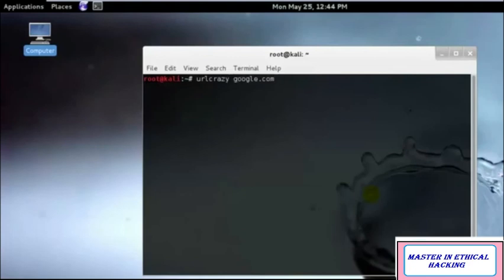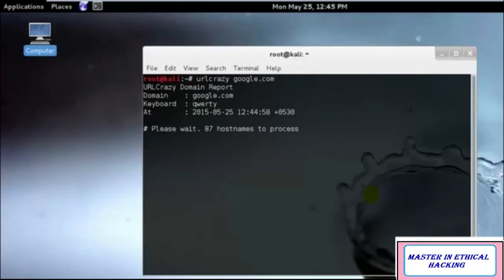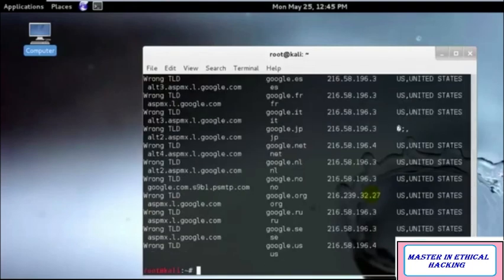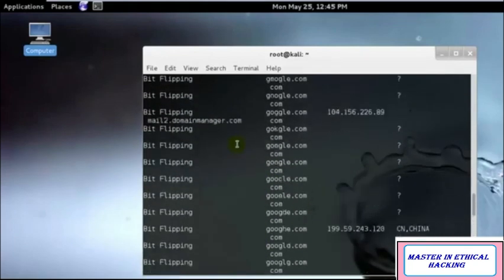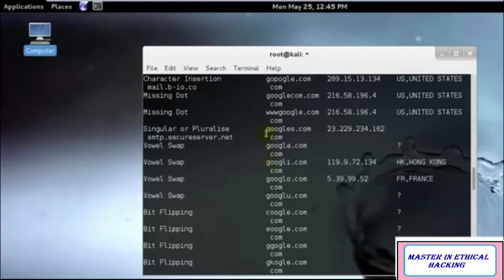If I type urlcrazy space google.com, I will get each and every fake website that will call itself google.com, but it will not be. So let's go ahead and check, for example. Okay, perfect. As you can see, we have n number of websites such as google.com and googles.com or googler.com,